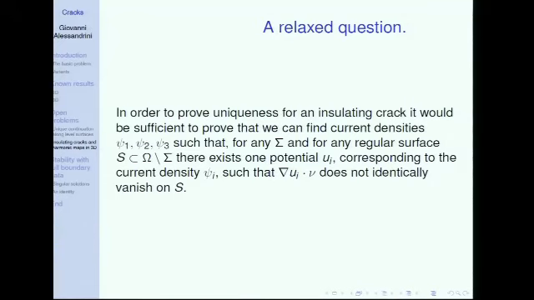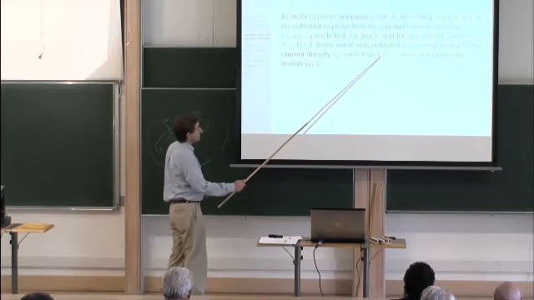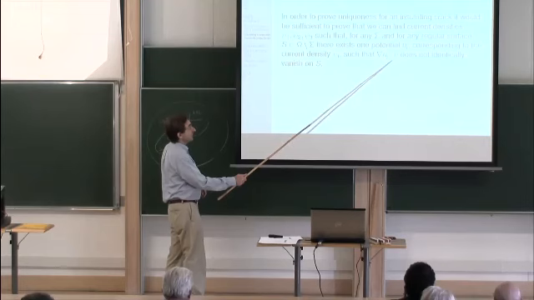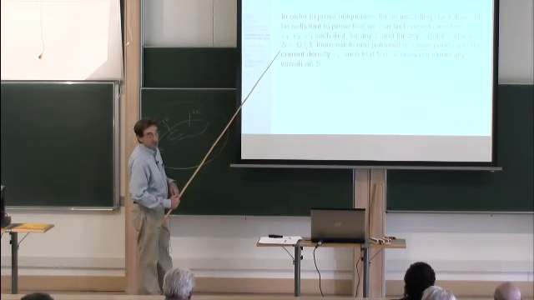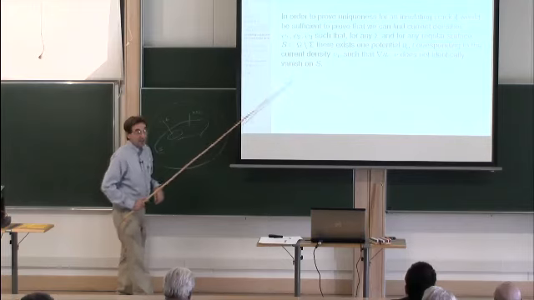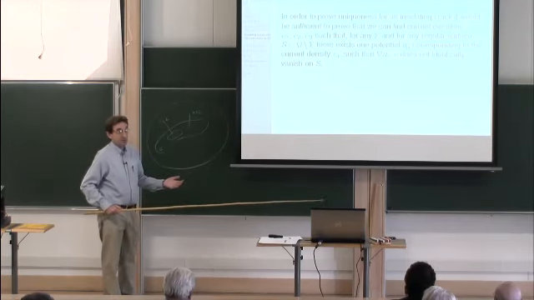It would suffice to find boundary data such that no matter what sigma is, and for any regular surface away from the crack, at least one of the three potentials is such that the normal derivative across this surface is not identically zero. If this is the case, then one gets the uniqueness